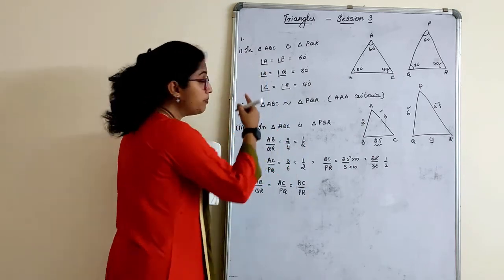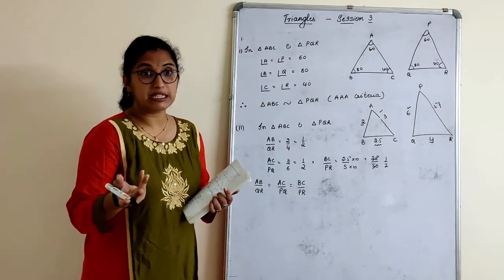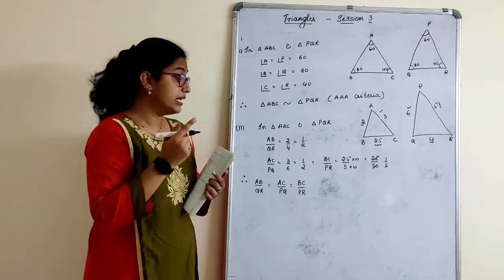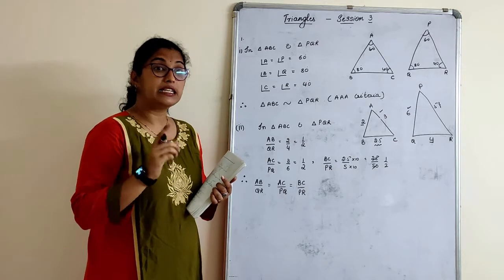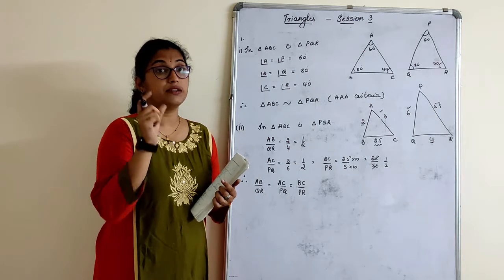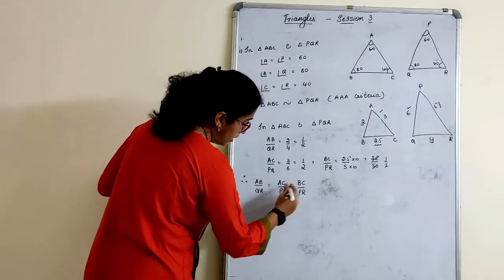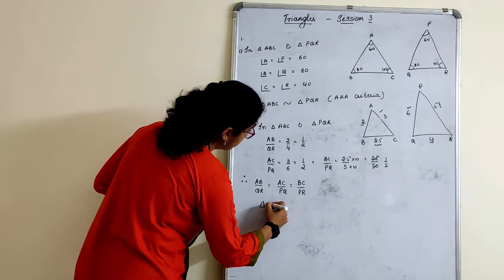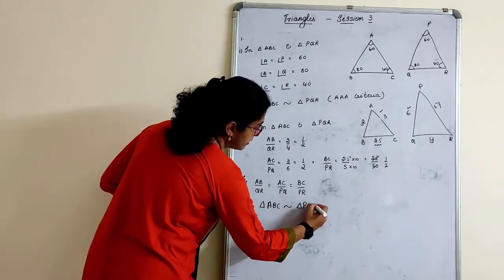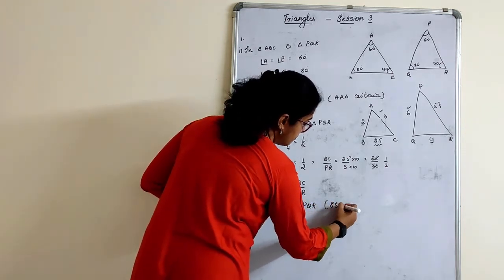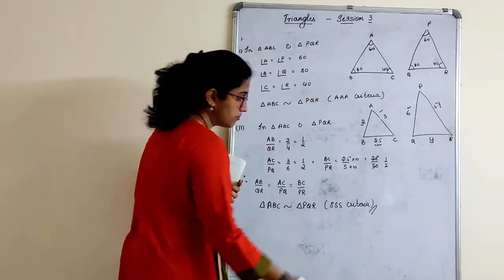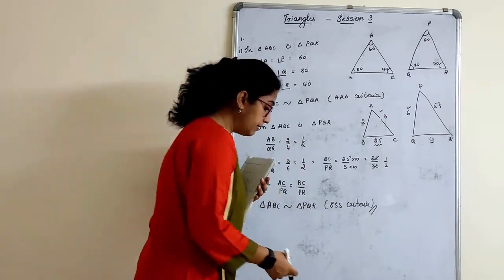Yeah, I forgot to mention one more criteria while teaching. Triple S criteria: all the sides are proportional. Triple A criteria: all the angles are equal. Triple S criteria: all the sides are not equal but the sides are proportional. In similarity, we always use the word proportional. So all the sides are proportional here. So triangle ABC is similar to triangle PQR by triple S criteria. Very clear? Okay. Similarly, we will move to the next one now.